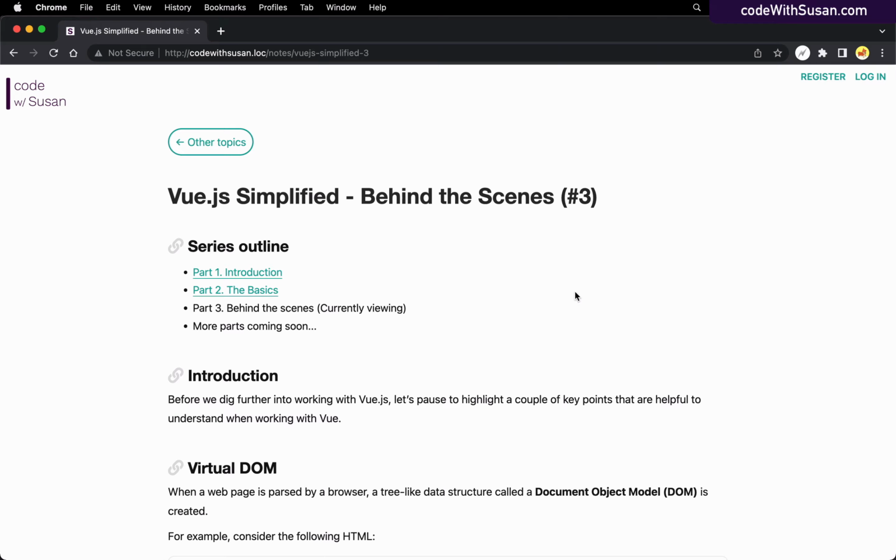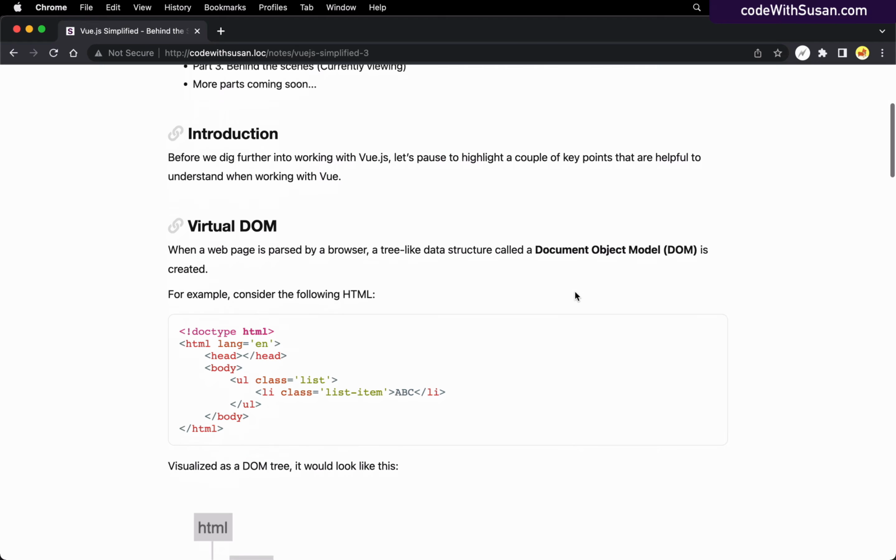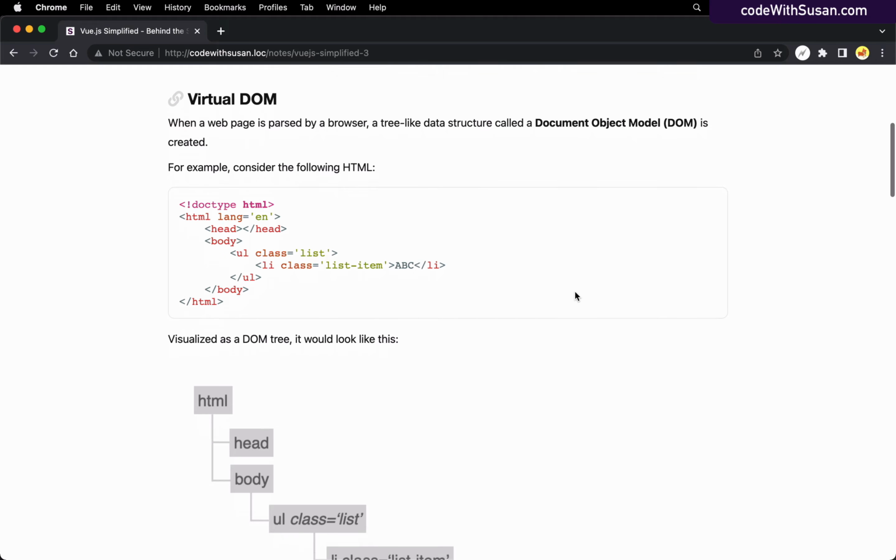that guide the Vue.js framework in terms of how it works behind the scenes, starting with things like the virtual DOM. The virtual DOM is a popular technique you'll see in lots of JavaScript frameworks, and the idea is to optimize the efficiency with which we can update content on the page. Now, to understand what the virtual DOM is, let's rewind and talk just about the DOM in general, or the